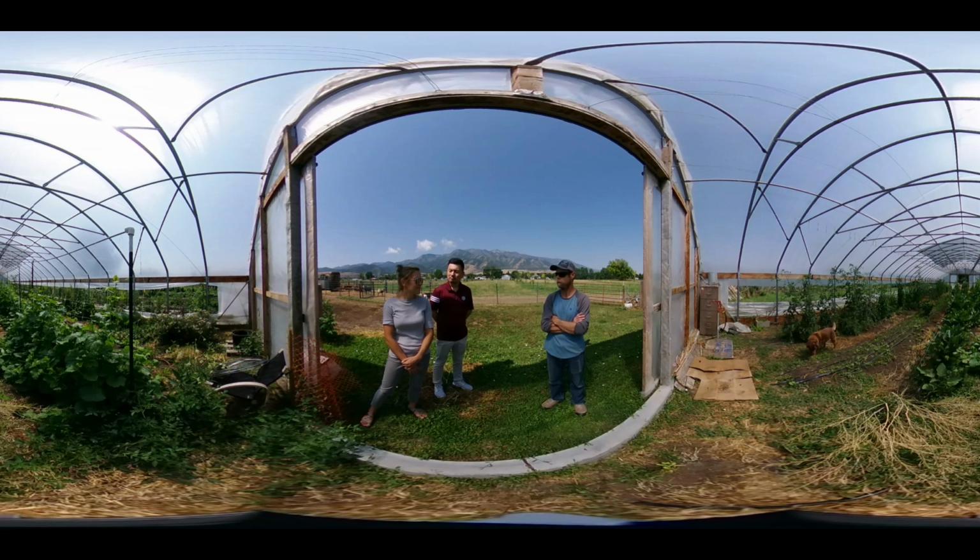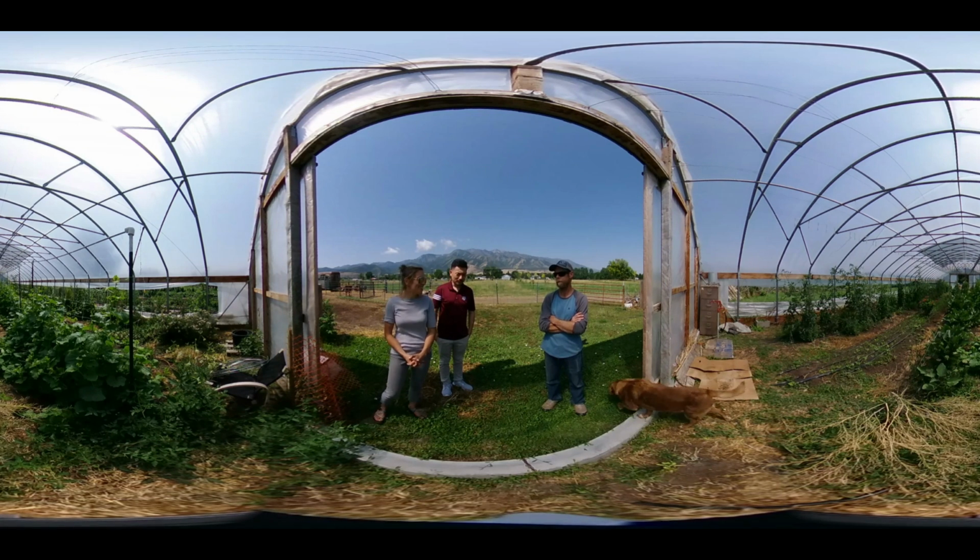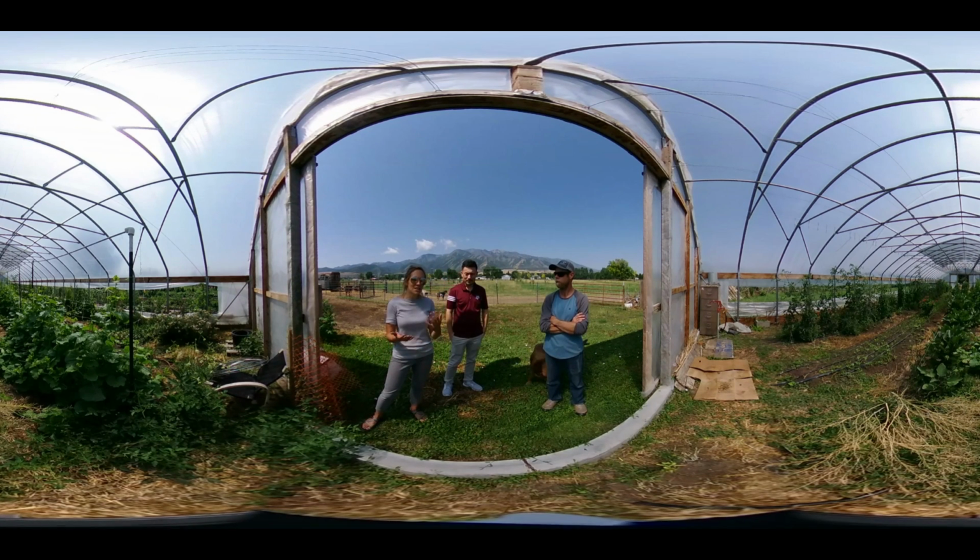Yeah, the high tunnels are great because they use a passive heating technique with the sun, so you don't need to use costly heaters. They heat up great during the day, but the disadvantage is that at night you don't get that temperature lift. I mean, 5 degrees if you're lucky. And so I know a technique that a lot of people are using is to add a low tunnel within a high tunnel,